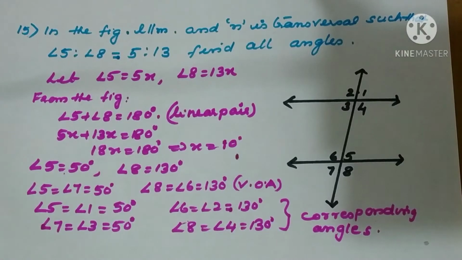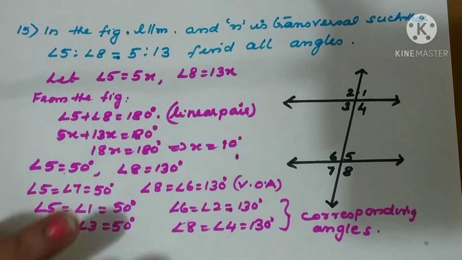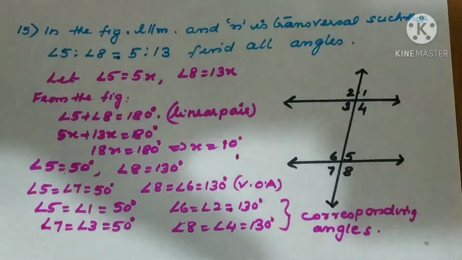Sometimes the whole question carries 3 marks. If you skip the steps you may get 1 mark only. They are not thinking about the final answer. They always consider how the procedure is done. That is why in the marking scheme they clearly specify that each step carries half a mark. So follow the steps, then only you will get full marks.